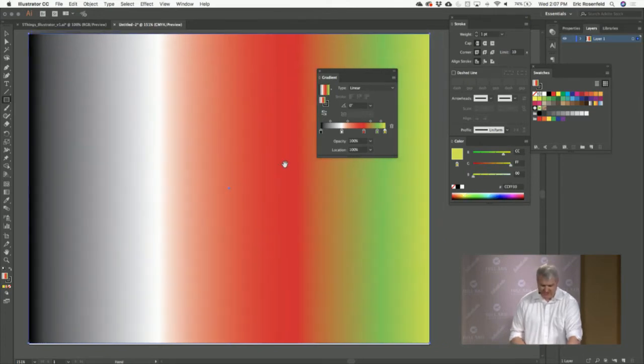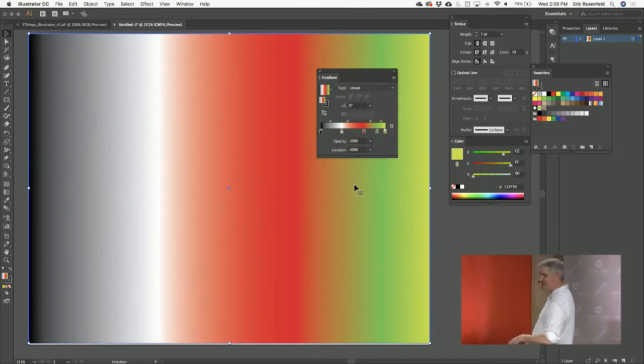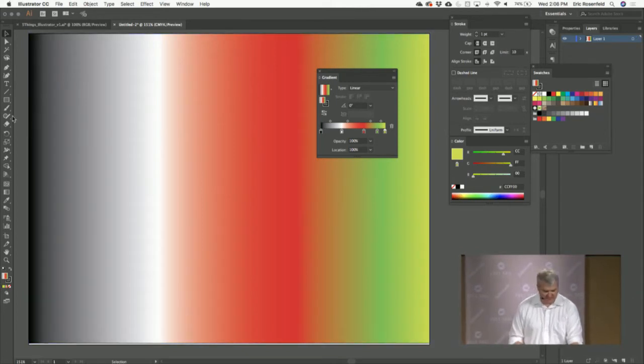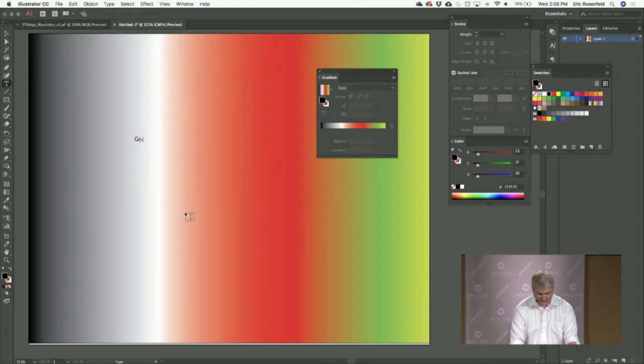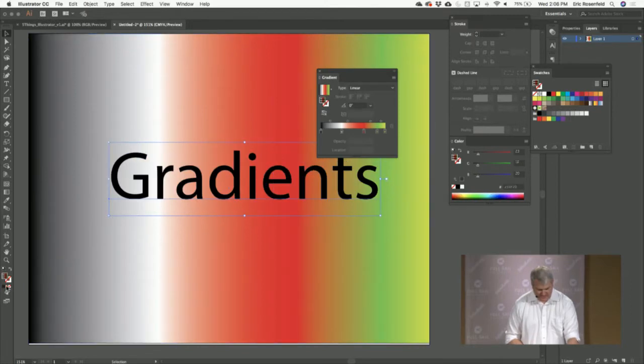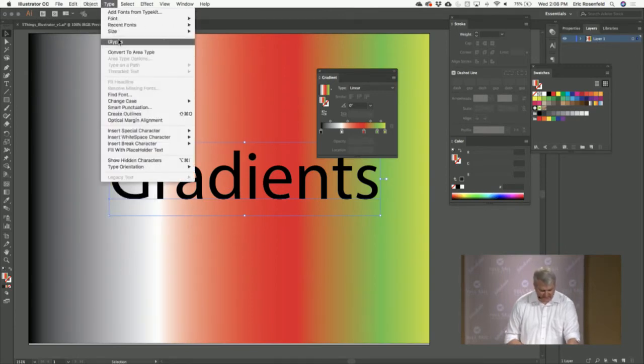All right, so just because you have great power to use every color doesn't mean you should, from black to white to red to green. Because again, with great power comes great responsibility. But even worse, you can't put gradients by default in your type, but if I create my outlines, if I go to type and say create outlines,